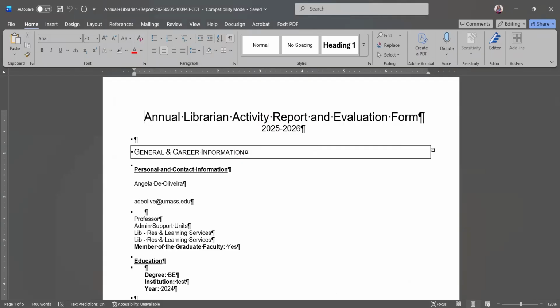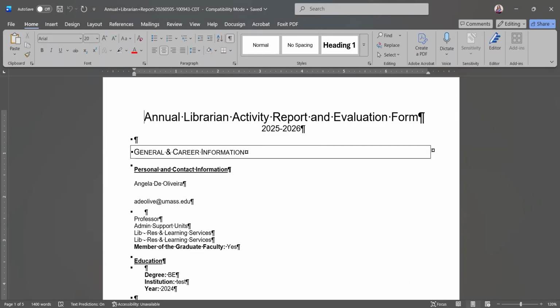After you download this draft ALR, this will give you a chance where you can go through and check everything that you've entered. Now, very importantly, if you make any changes in this Word document, they will not also be made in the system. And so you can use this as an opportunity to edit your text